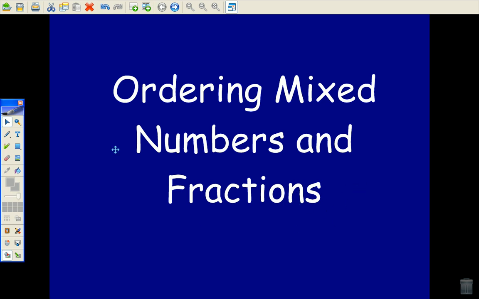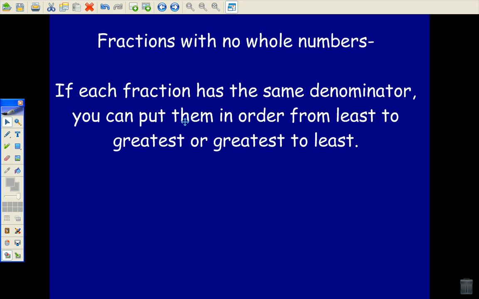So the title of your next two pages is Ordering Mixed Numbers and Fractions. We're going to start off with just basic fractions, no whole numbers, okay? If each fraction has the same denominator, you can put them in order from least to greatest or greatest to least. So let's say we had 7/8, 2/8, and 4/8. Least to greatest, well, they all have the same denominator, so all I have to do is